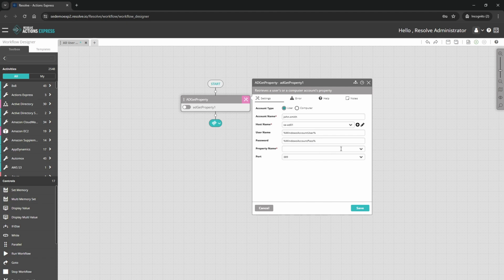So first and foremost, for the property dropdown, I will test this by retrieving the display name for this user. And I'll give this activity a custom name. How about user full name? Now, as we learned in the workflow overview video, each and every activity will produce some type of output. And in this case, the output will be the display name for this user. And now, this custom name I've given here will serve as a variable where we can reference that data anywhere